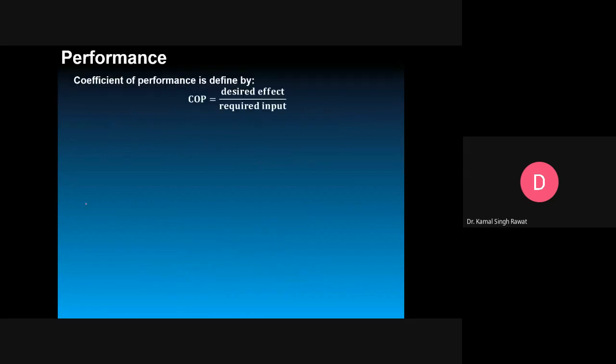So what is the COP? COP is defined as desired effect upon required input. So we can write the separate COP of the lower temperature circuit and COP of the higher temperature circuit. What is the COP of the lower temperature circuit? QL upon WL. So how much is QL? M dot L (H1 minus H4), divided by how much work is supplied? M dot L (H2 minus H1). All agree? This is the refrigeration that is produced, and this is the work supply.